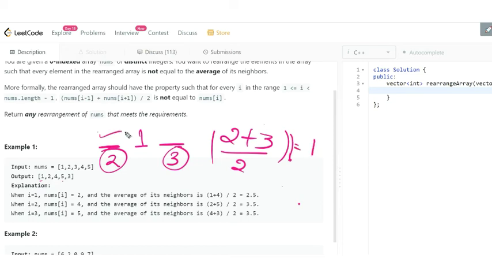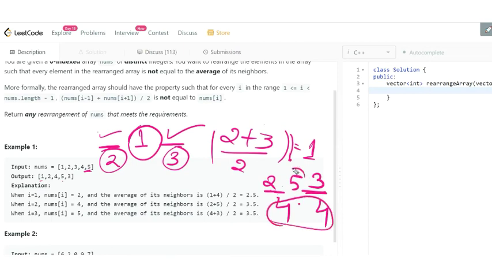Means if both numbers are greater than the given number, then their average would not be equal to this number. And if you have the largest number, means if you have 5, and we take two such numbers which are both smaller than 5, like 2 and 3 or 4 and 4, then in any case the average of these two numbers is not going to be equal to 5.